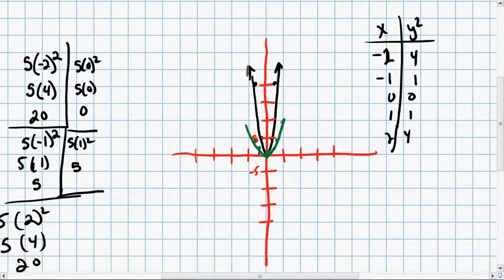My parent function, remember parent functions are the simplest versions of our parabolas. Y equals x squared. This particular function, the one in black, is a little skinnier than y equals x squared. So the second half of the question asked me to compare it, and I would say